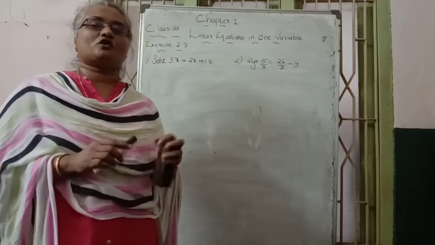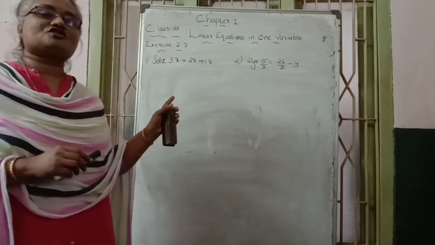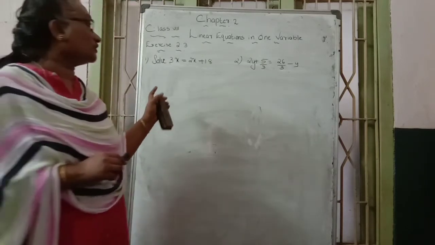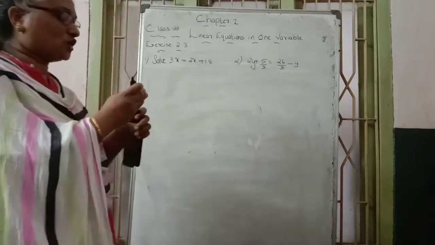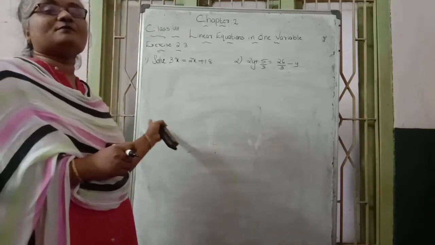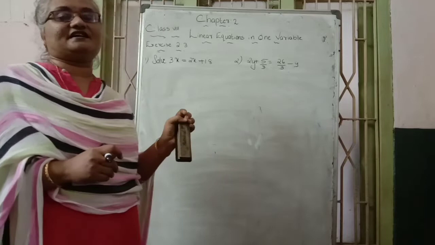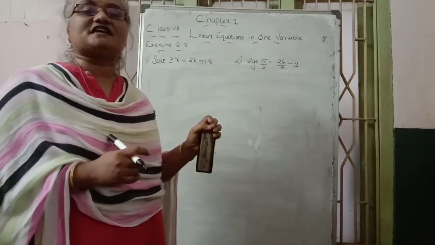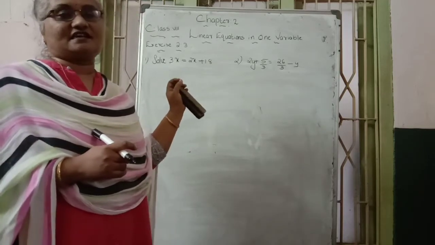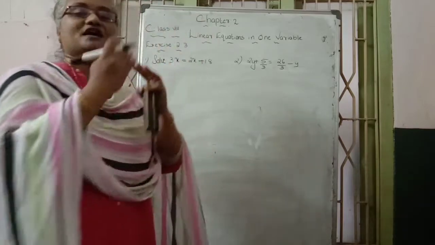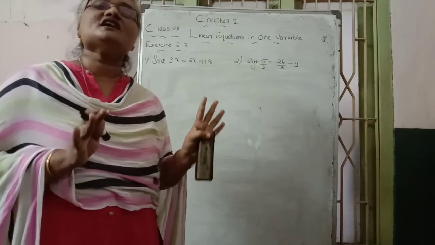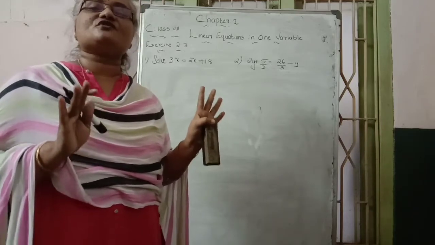Students, now we are going to discuss chapter 2, linear equations in one variable, exercise 2.3. Here x terms are on both sides of the expression; the left side has a variable and the right side also has a variable. Then how do we solve and find the variable value? That is exercise 2.3. They are asking us to bring the x terms to one side and send the constant terms to the opposite side and find the x value. That is the procedure for finding the x value.